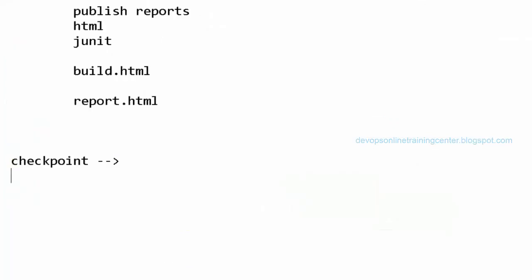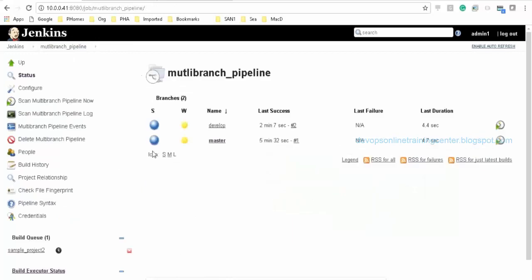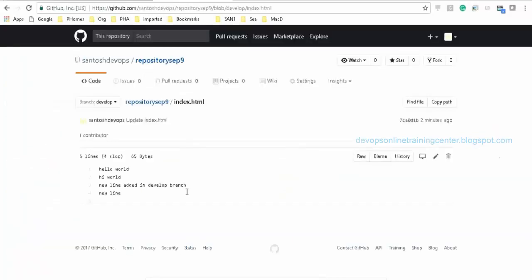And there is something called approval, right? Let us say I want to move from development to staging to QA to master. There has to be some kind of manual process, manual approval. Someone has to approve it. So we have this input step, where someone has to approve. It will ask whether you want to proceed or stop, giving an option to press OK or stop. If someone clicks OK, then only it will go to the next step. Okay, so that option also we have in multi-branch pipeline.